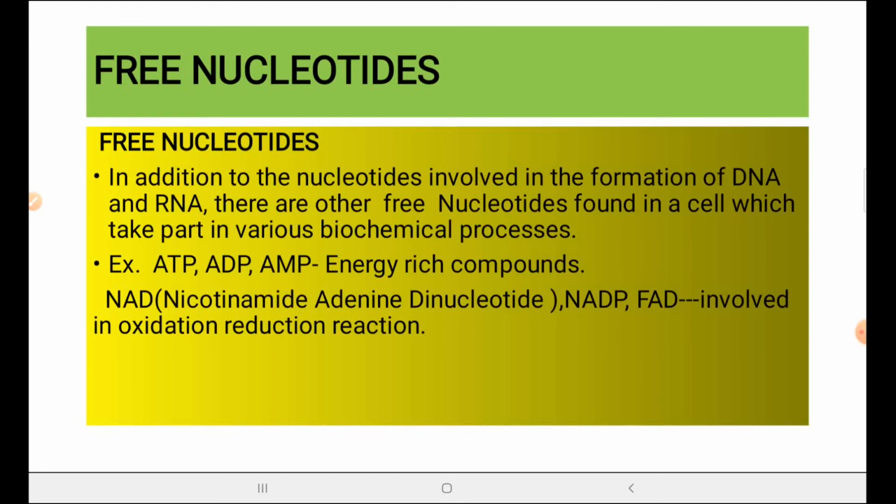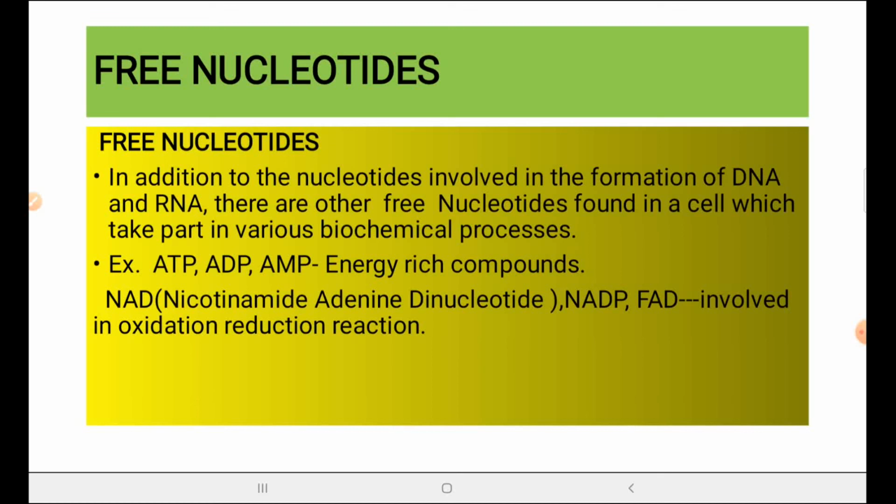So these are also nucleotides, but they are not incorporated into the DNA or RNA. Rather, these are found freely in the cell, and they are meant to perform certain other functions, like ATP, ADP, AMP are energy rich compounds, while NAD, NADP, FAD are involved in oxidation reduction